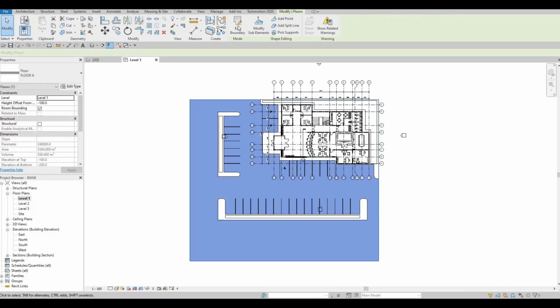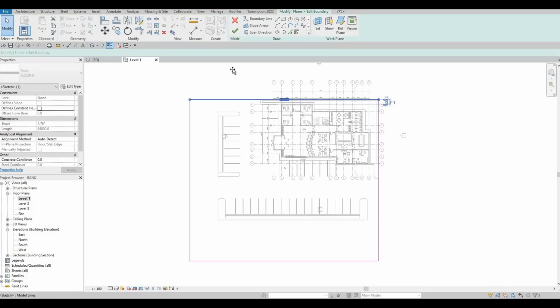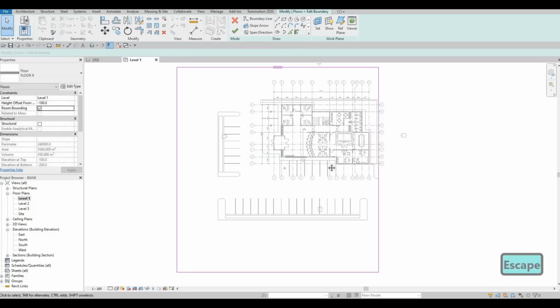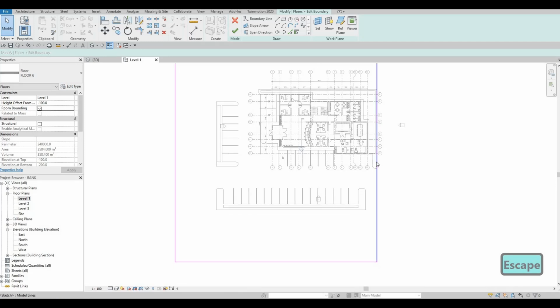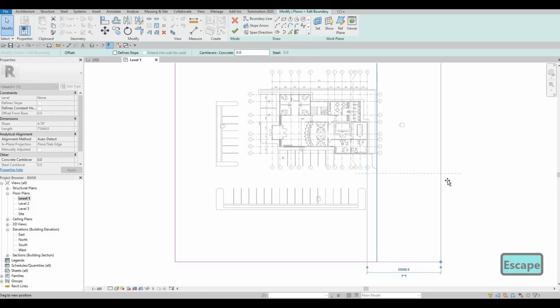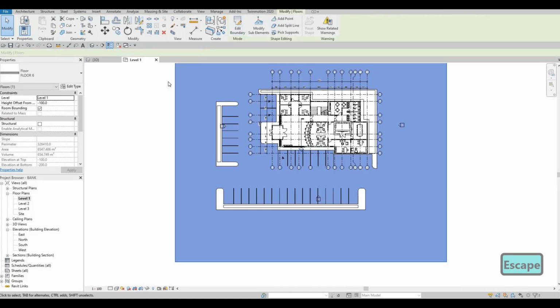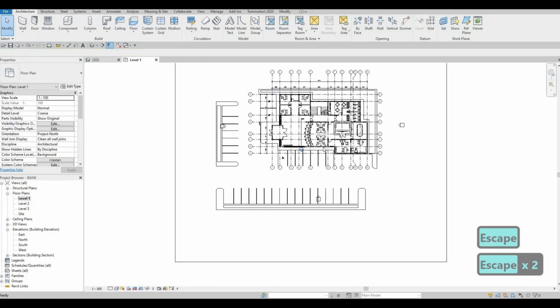So I'm probably going to extend this one a bit here and a bit right here, because I want to have this look here and then this side with another building for the background. Click on finish,